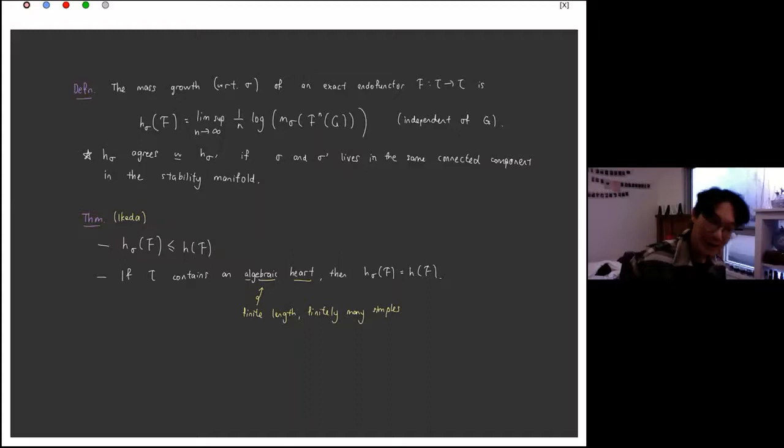But in some cases, meaning when a triangulated category contains what's known as an algebraic heart, meaning a finite length abelian category with finitely many simples, then these two notions actually agree. We can compute the mass growth and the entropy, and they agree on the nose. Okay, so that's a very brief